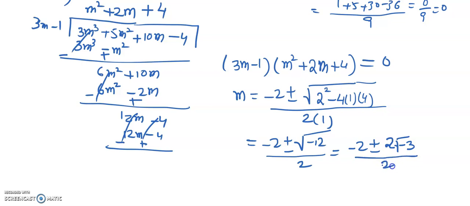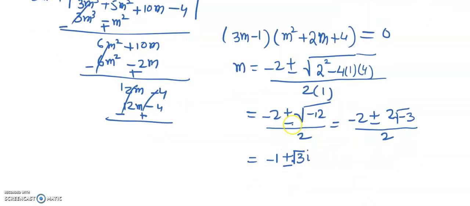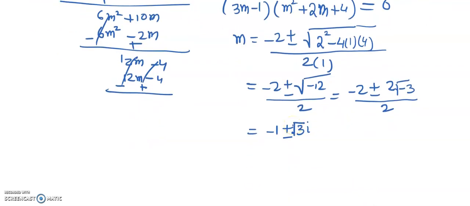Okay, so it will be 2. So it can be written as minus 1 plus or minus root 3 i. Okay, it can be written as plus or minus root 3 i because 2 divided by 2 is 1, so this 3 will be under root, root 3 i. Right, this is the value. So now we can